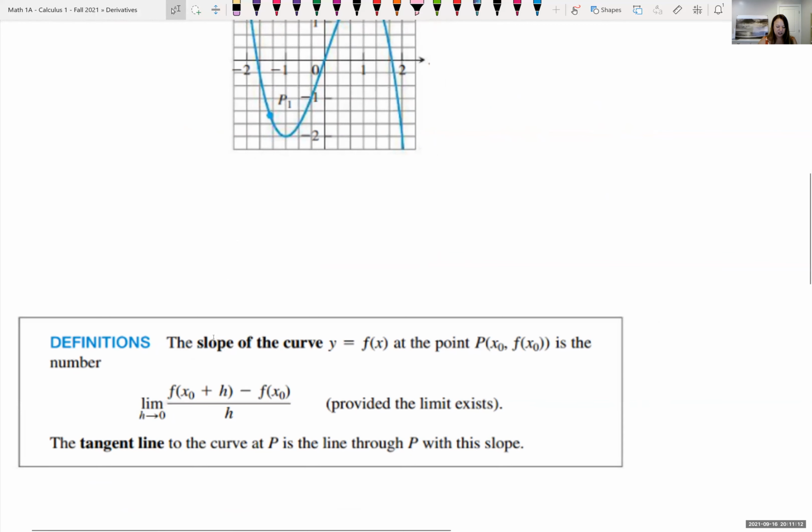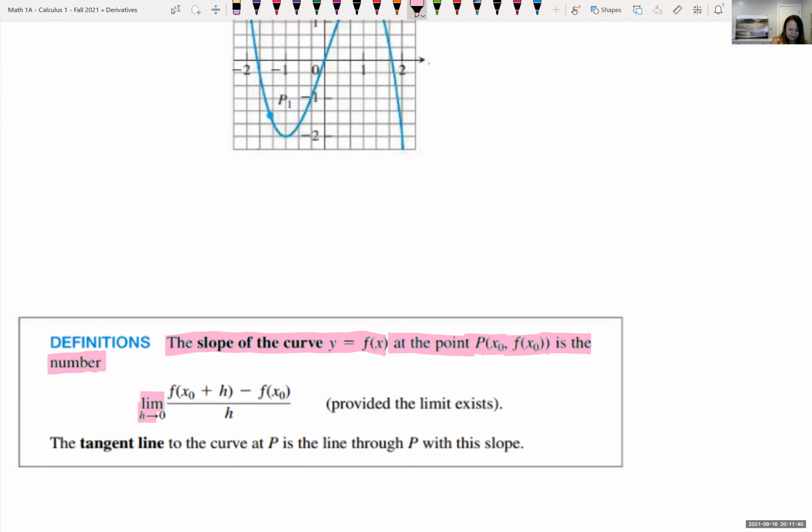Okay, so by definition, we can say that the slope of a curve y equals f of x at a point P, and let's call it x sub 0 is our x value, and so our y value, we would plug that in wherever we saw an x in our function, and we can say f of x sub 0 is the y value, is the number